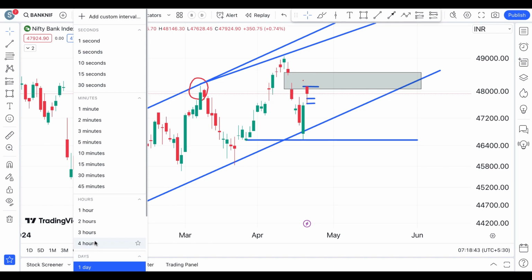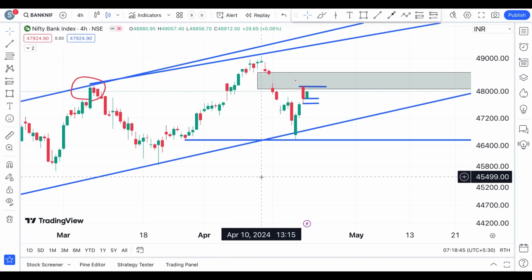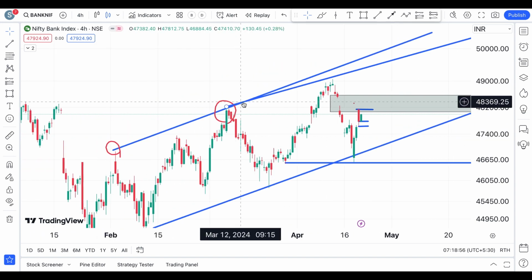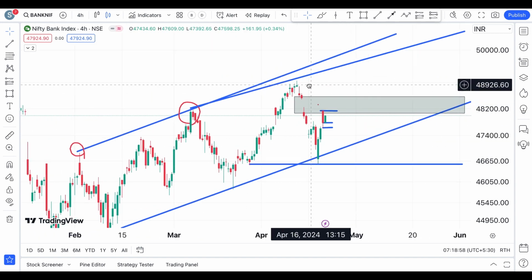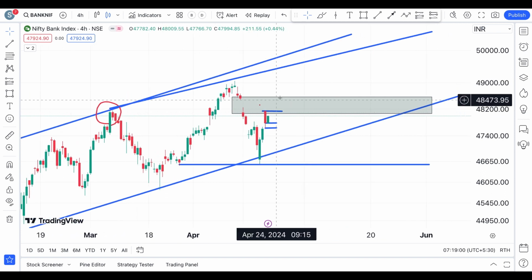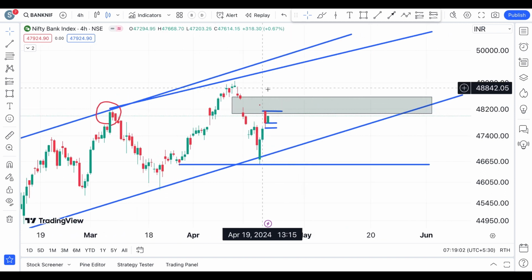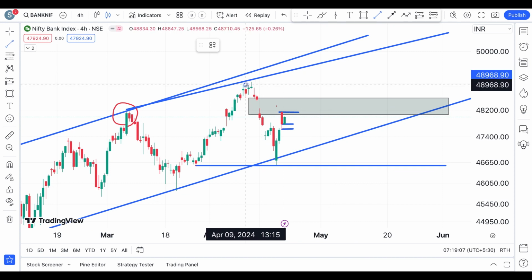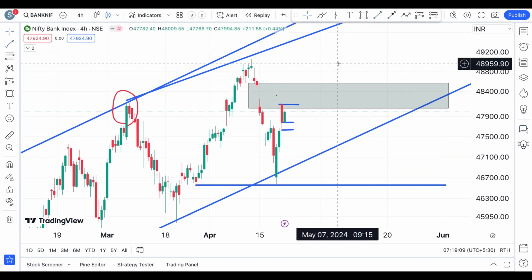Now let's change our chart to the 4 hours chart and see. You see, this swing reaction is derived from the recent price action. Earlier we had these two, right? Now we have this. So that is why I have drawn that, and this area of course is going to act as a resistance area. And horizontally, if you see this level, this entire level, or let's draw it as a zone,